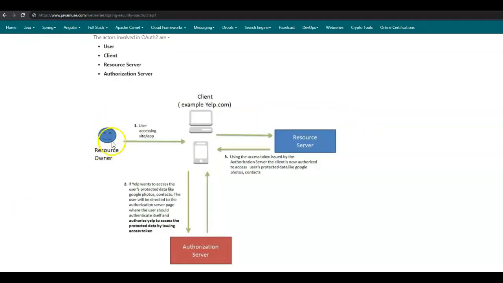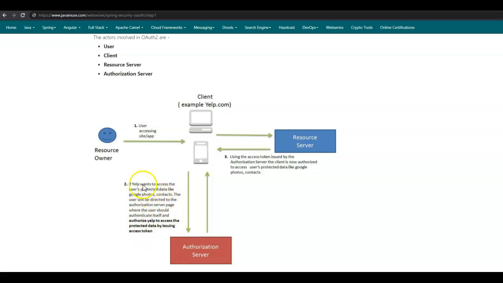So let us have a look at the workflow now. The resource owner, that is the user, is accessing yelp.com, and if Yelp wants to access the user's protected data like photos, contacts, etc., the user will be directed to the authorization server page, where the user should first authenticate itself and then authorize Yelp to access protected data by issuing the access token.